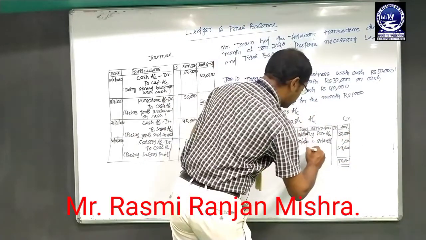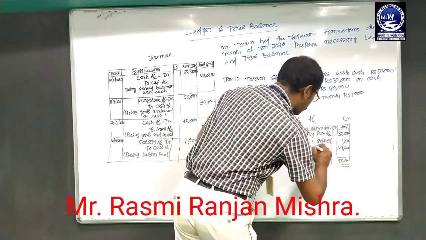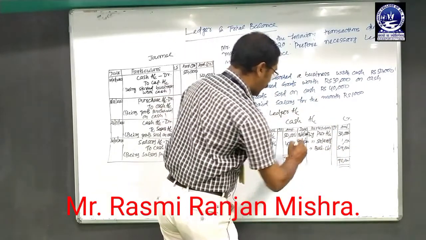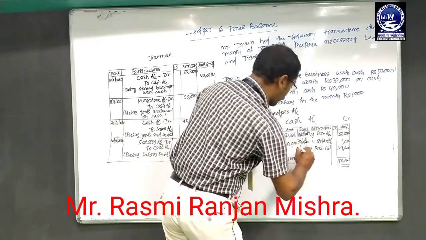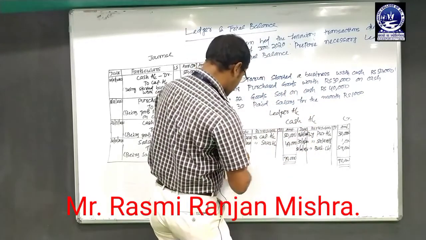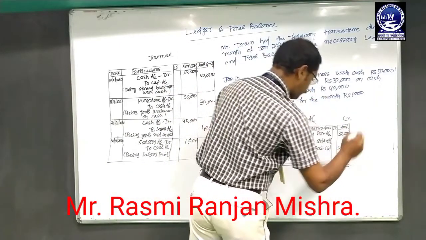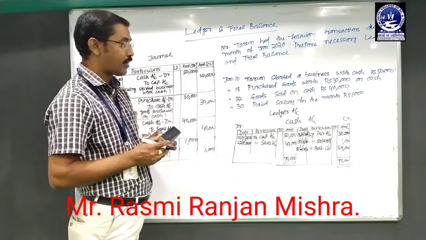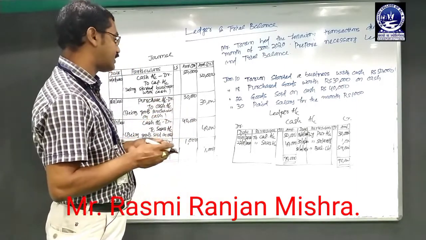And the credit side means always start with by. As we have to carry that balance amount, so by balance carried down, we have to put it in the particulars column. And in the date column, balance is made on the last date of the particular month. That means 31st January 2020. And then we have to close the particular ledger account. So this is the preparation of a ledger account and balancing of a ledger account. So the cash account has completed its ledger posting as well as its balance.